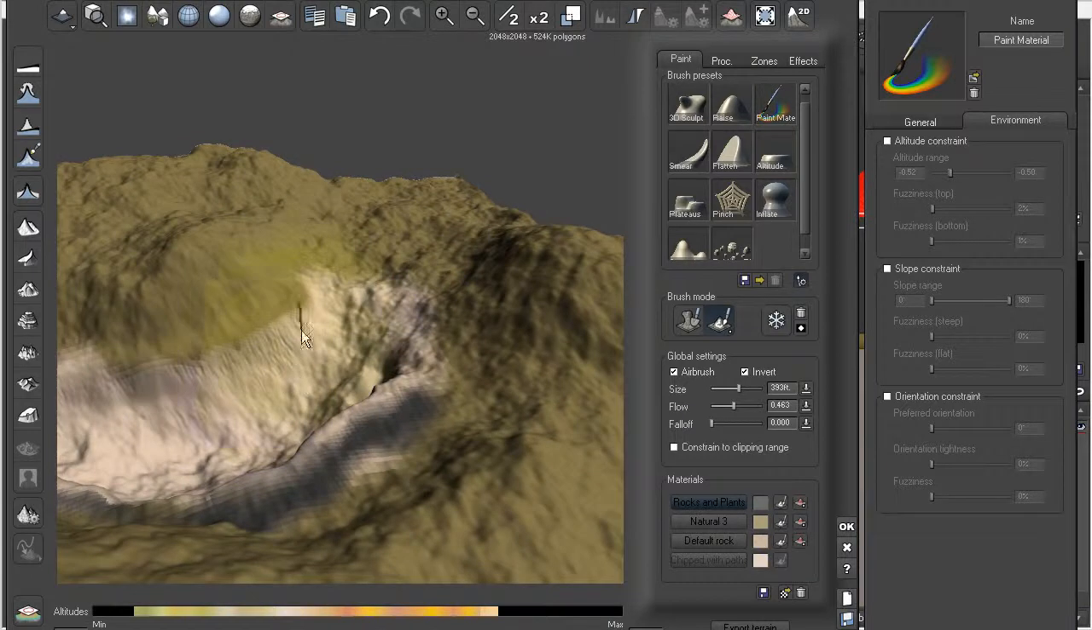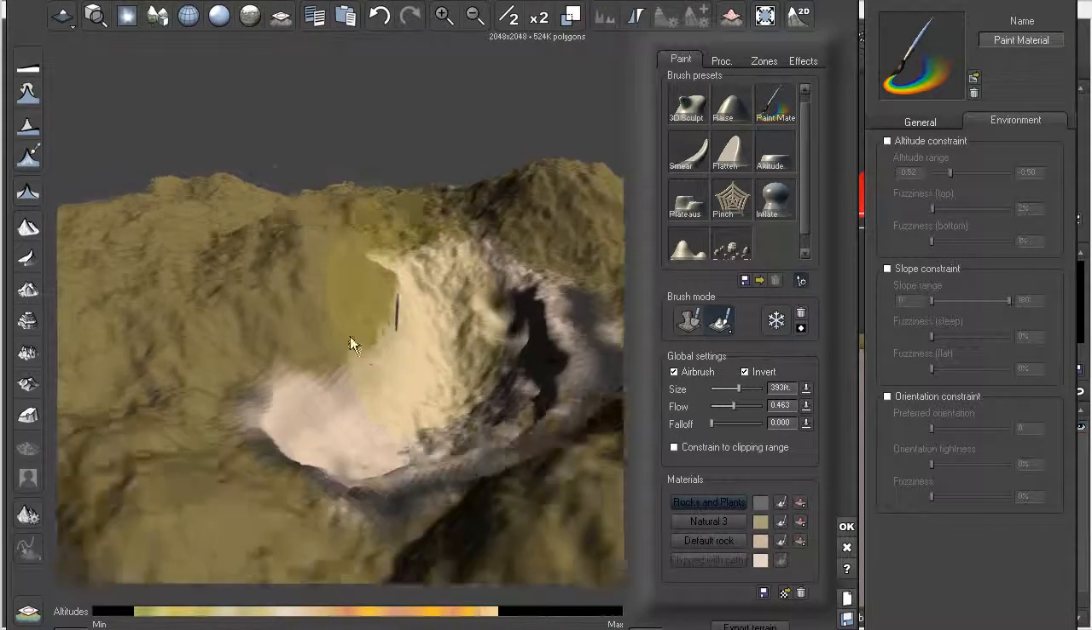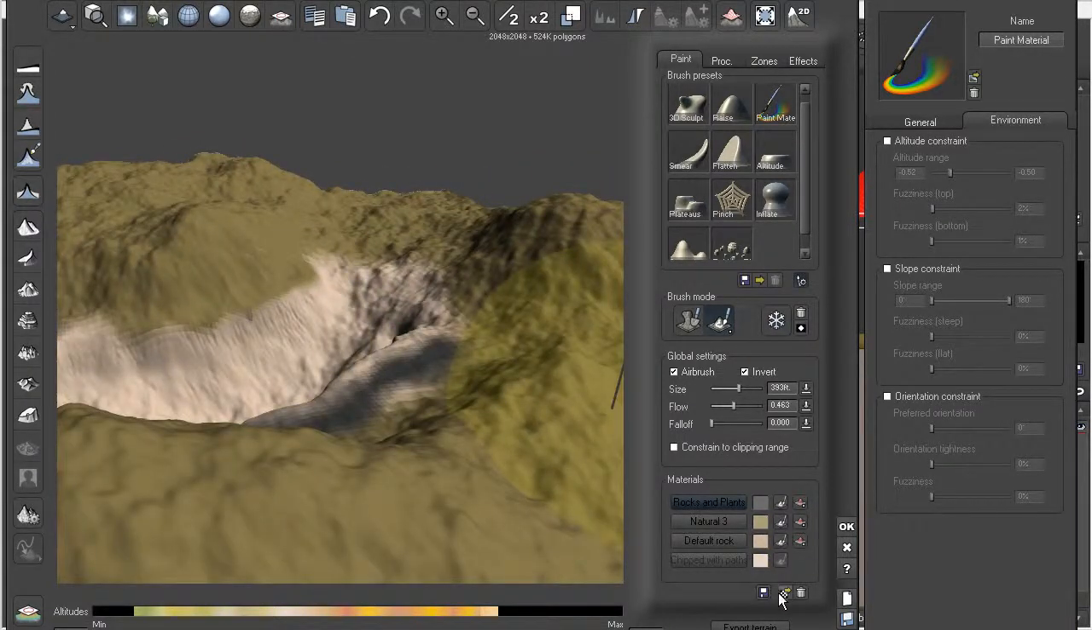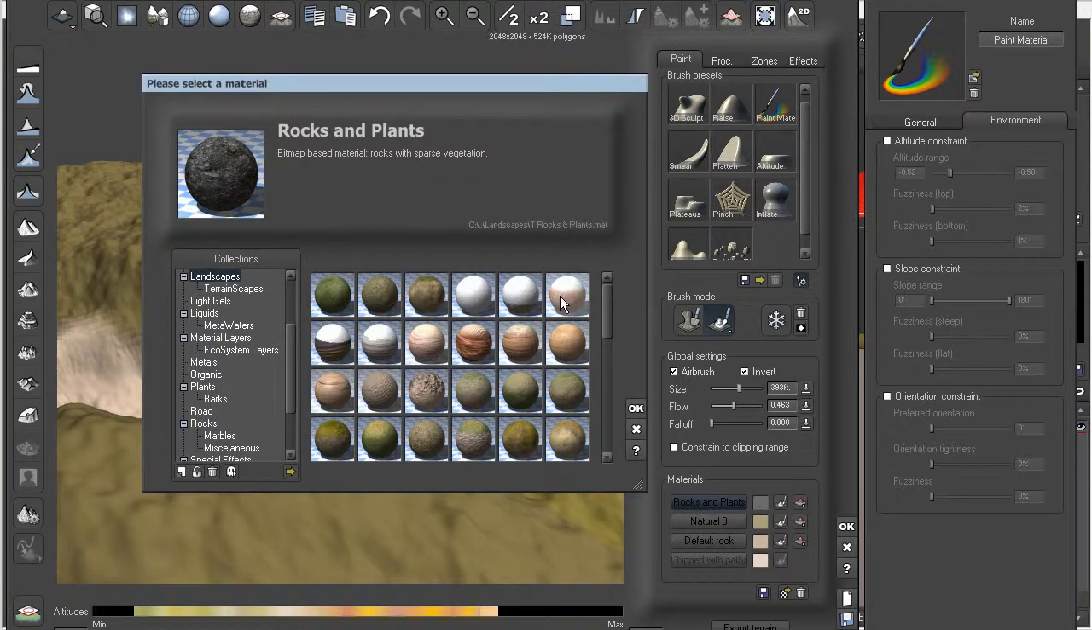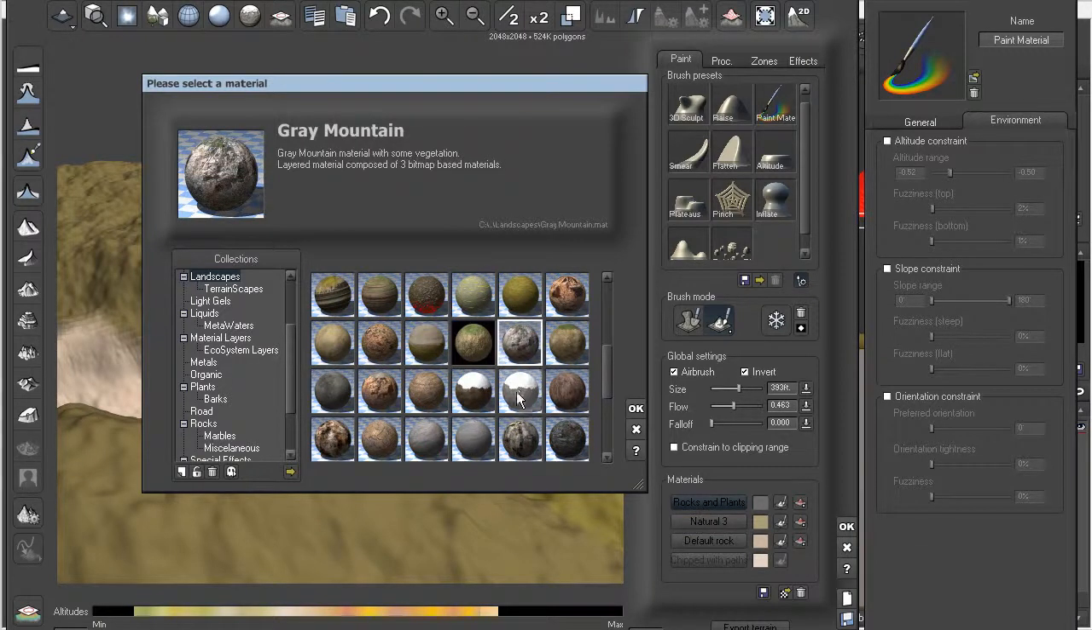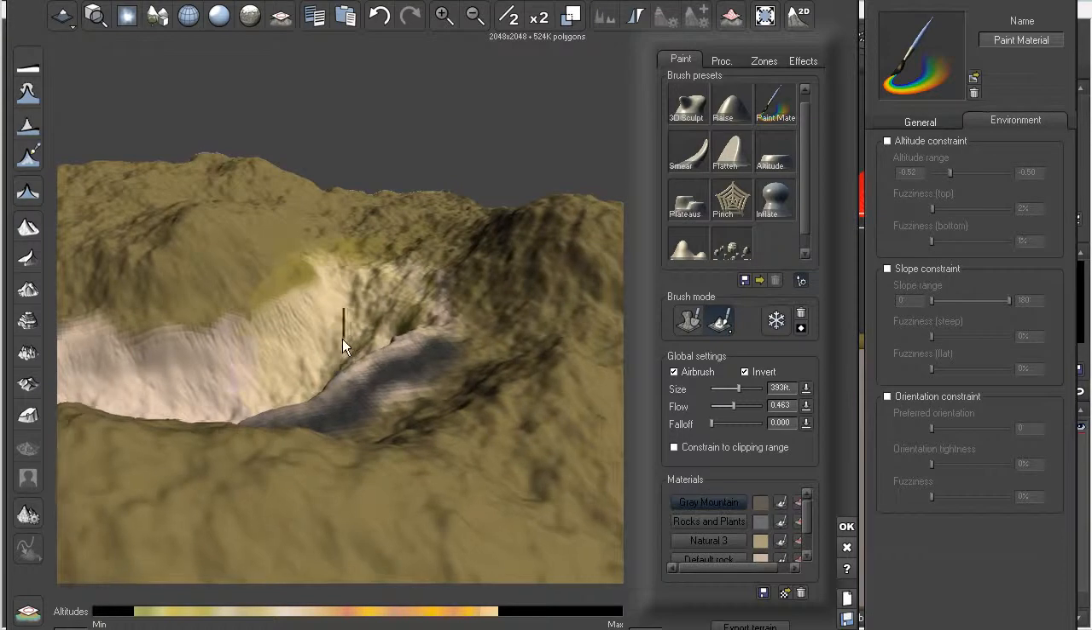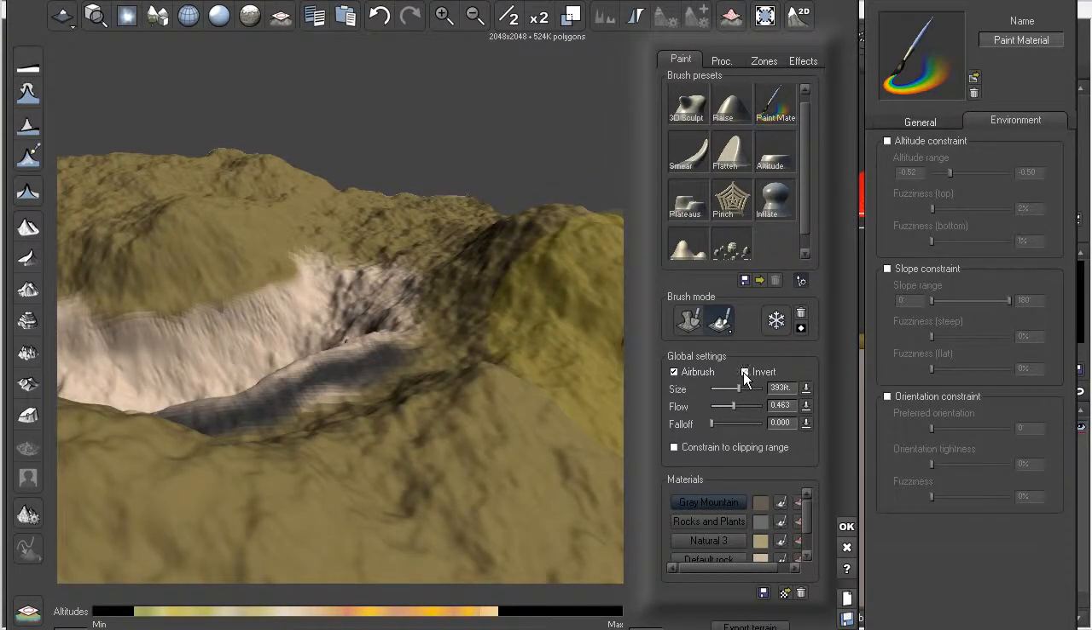And now let's start to paint along the front of these bluffs here. So let's choose a different material. And I'm going to go with something kind of a gray color. Might even choose like this gray mountain or even the gray mountain rocks. And let's invert this, or turn off invert. Let's take our size